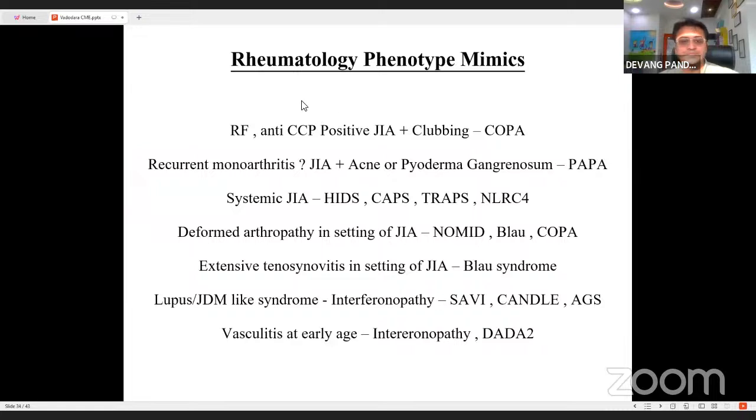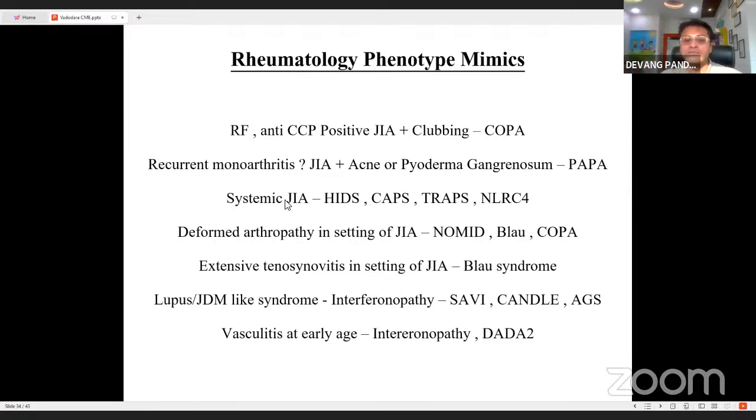So we have seen rheumatology phenotype mimics, where we feel that this is a simple rheumatological diagnosis. Like you have a child with polyarthritis and RF positive, so you are sure that you'll treat with methotrexate and all. But please remember, if you have such a child and you find clubbing, you think of COPA, as we have discussed. And PAPA syndrome can mimic with monoarthritis and pyoderma gangrenosum, which is again a common presentation of inflammatory bowel disease, and a systemic JIA, which is fever, rash,